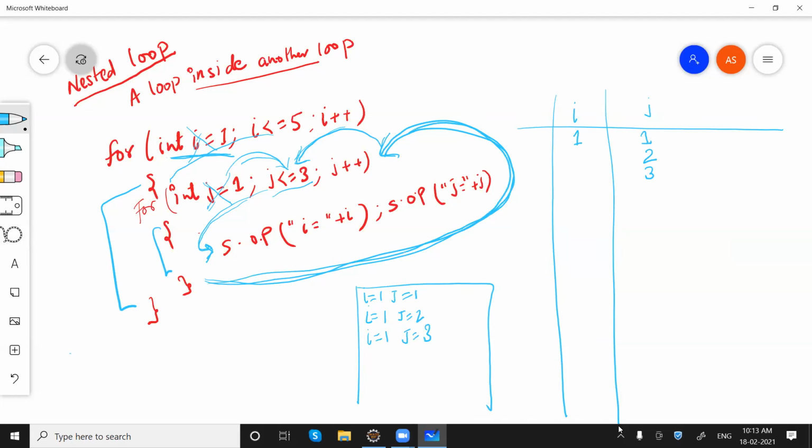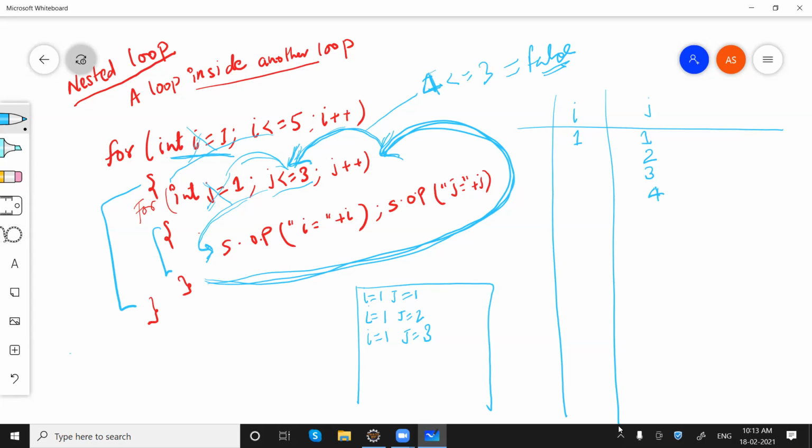After this step, go back again and do j++. j will become 4. Now from this step, when we are coming here, we are checking j, which is 4, is less than or equal to 3. That means false. We can say the loop is completed now, right?